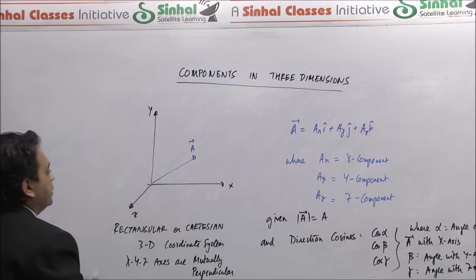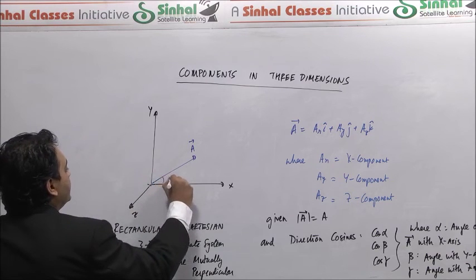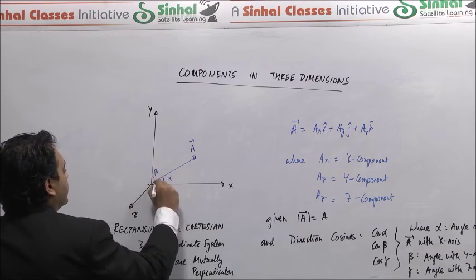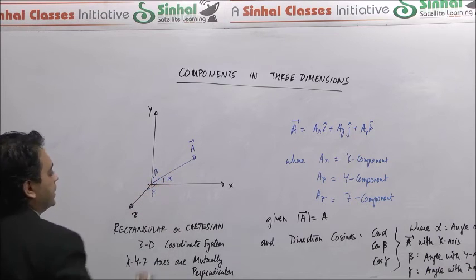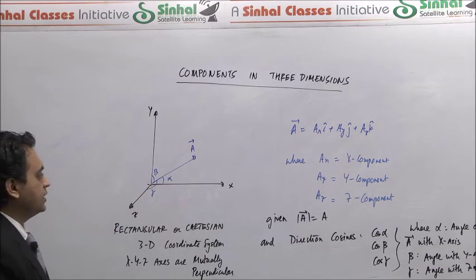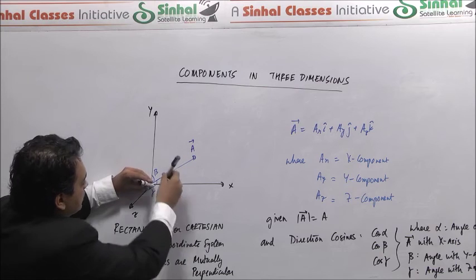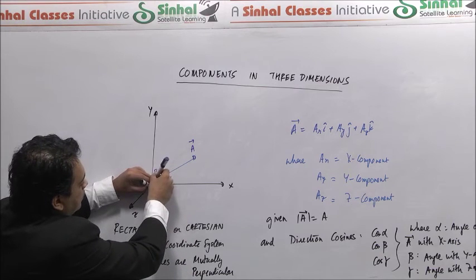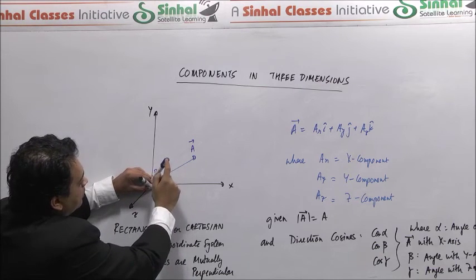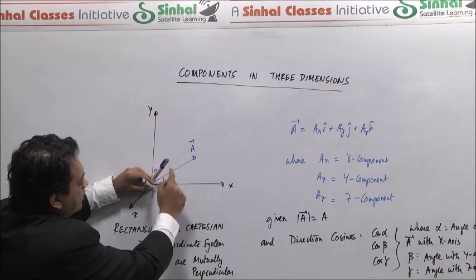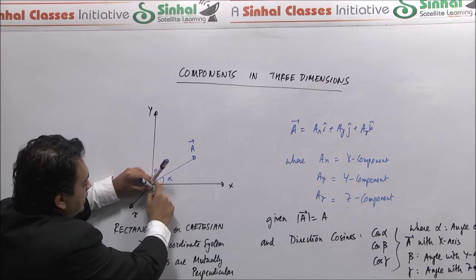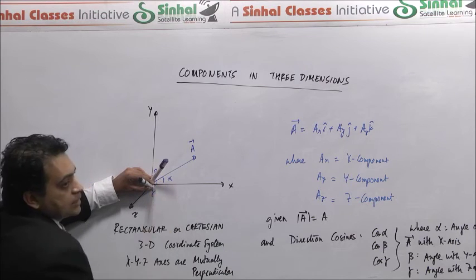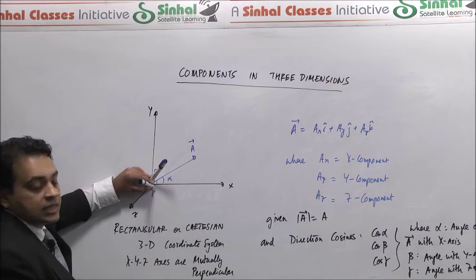So given that, it would be making an angle alpha with the x-axis, an angle beta with the y-axis, and an angle gamma with the z-axis. So again, understand the three-dimensionality. This is the vector A, right? So if we drop a perpendicular from the vector A onto the x-axis, we'll get a triangle, right? A right angle triangle. And the angle that the vector A itself is making with the x-axis in that triangle, that is expressed as alpha.